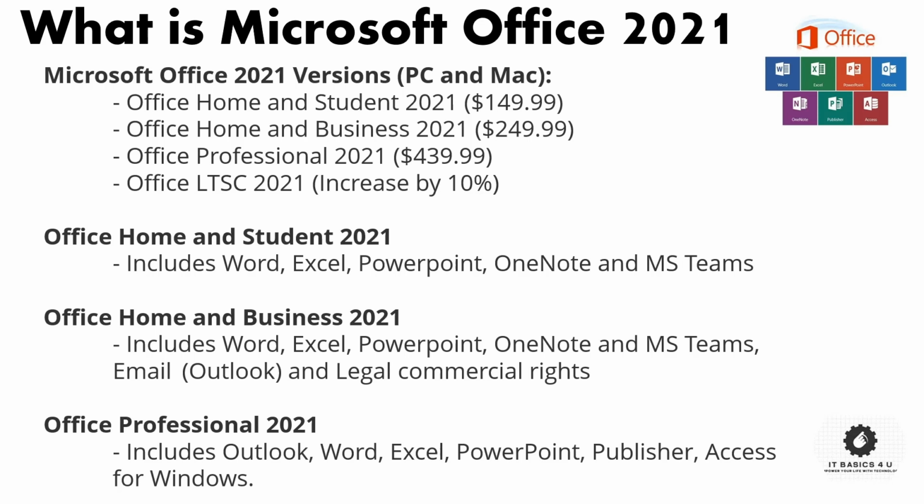Now the Office Home and Student is more for people who want to use Microsoft Office for their personal work at home, who are students, so they can buy this license at a very nominal fee of $149.99, whereas the Home and Business license is a little bit higher at $249.99. The Professional is $439.99, and then there is an LTSC version,